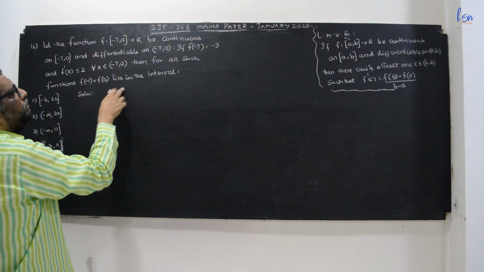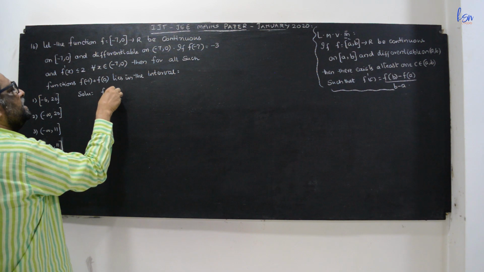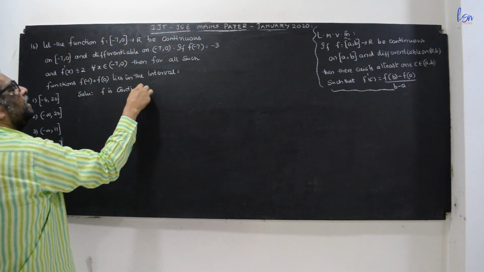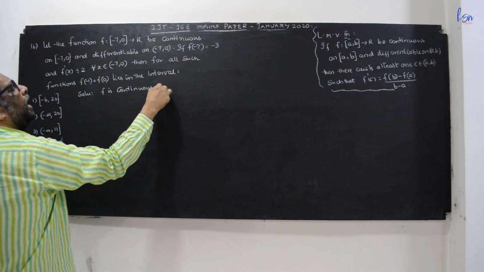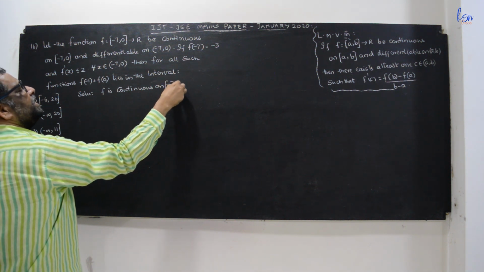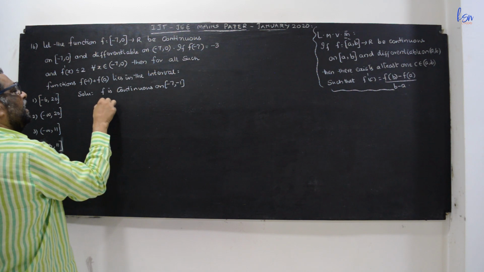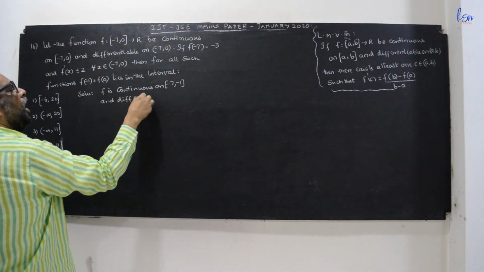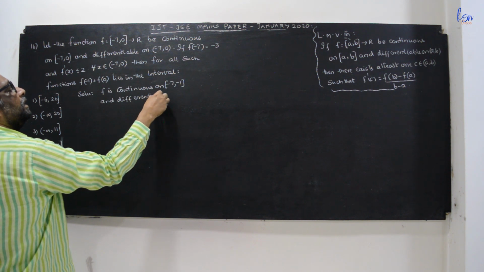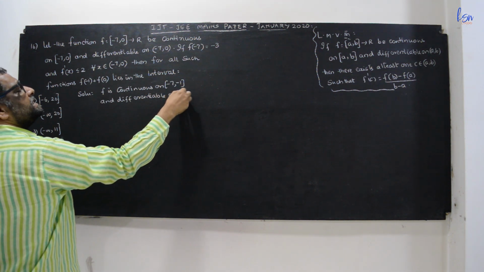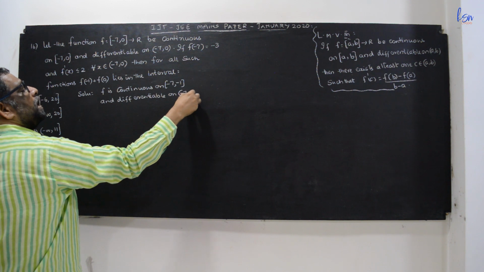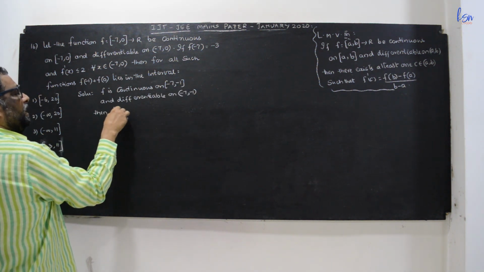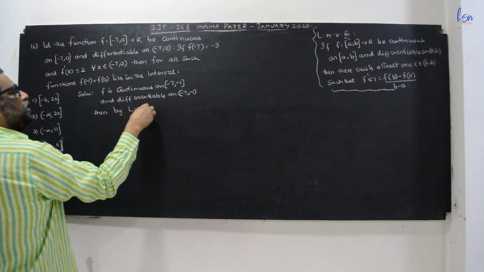So f is continuous on minus 7 comma minus 1 and differentiable on open minus 7 comma minus 1, then by Lagrange's mean value theorem